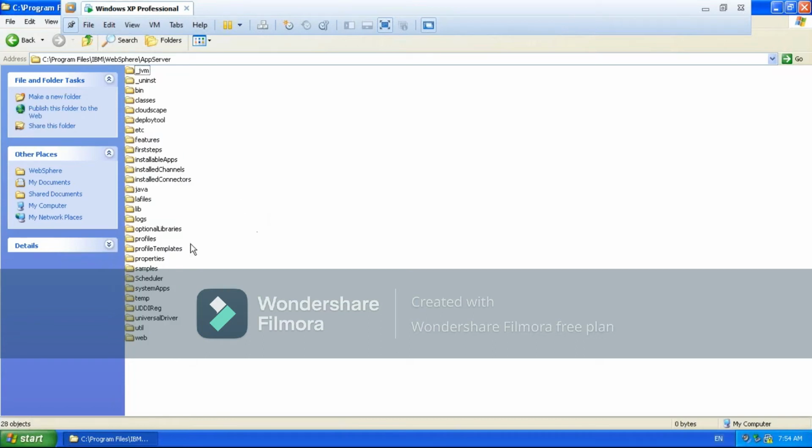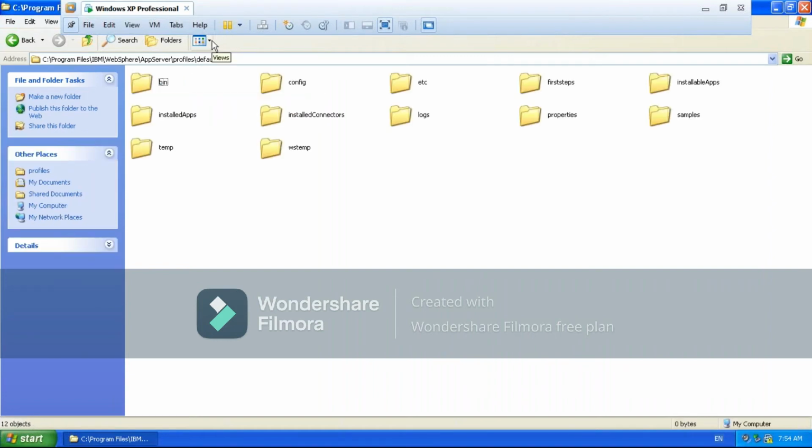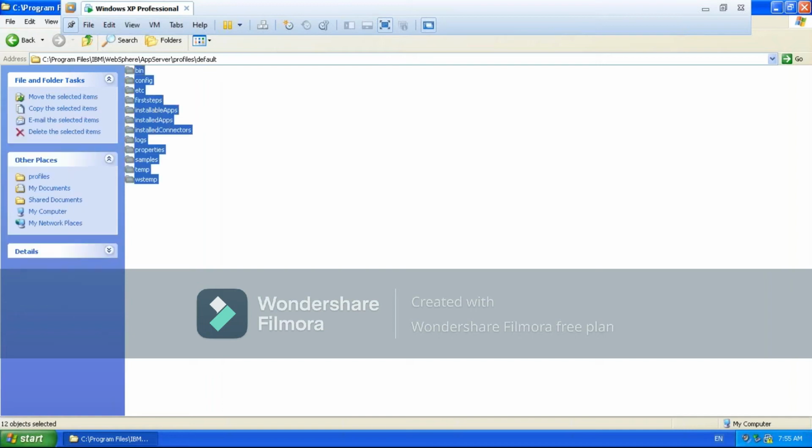If you want to see that profile, go inside this profiles folder. There, you are seeing the default, right? What is this default? It is the profile; a default profile is already created. If you get into this default profile, this path we are going to call the profile home, the default profile home. Whatever content is there is going to be the default profile home content.